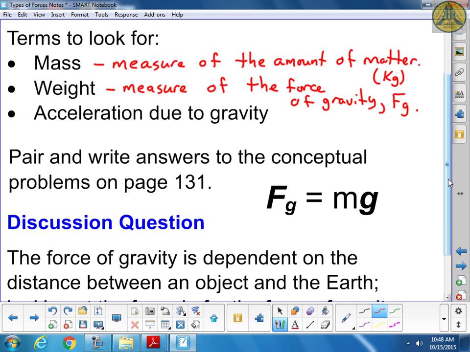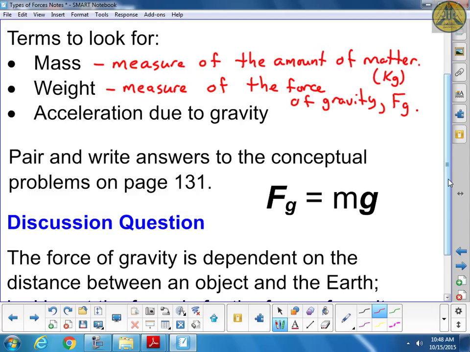Mass, remember, is a scalar. What's your mass? 50 kilograms north. It doesn't make sense. But your weight, it's a measure of the force of gravity. It's how much it's pulling down on you. It is a vector. Right? So if you travel from here to the moon, or maybe you're going to be lucky enough to go to Mars, your mass will not change, just assuming you don't lose any of your mass. But your weight will change because the force of gravity will be different on different locations because of the different